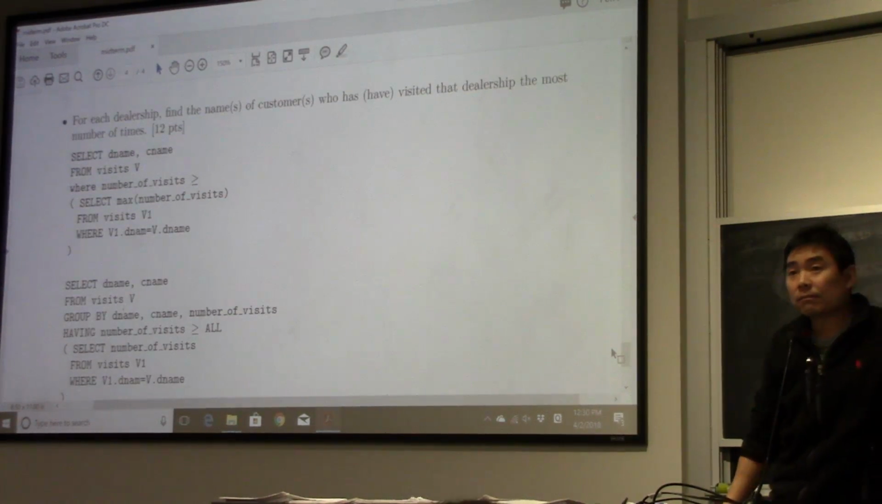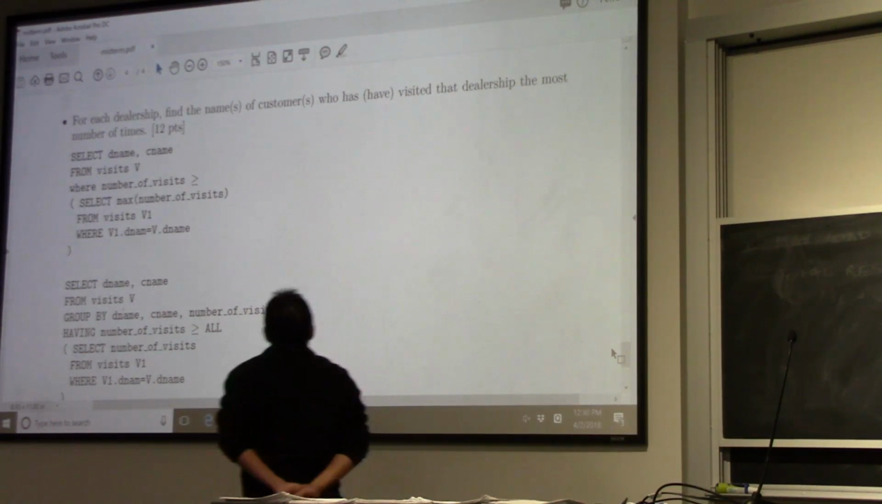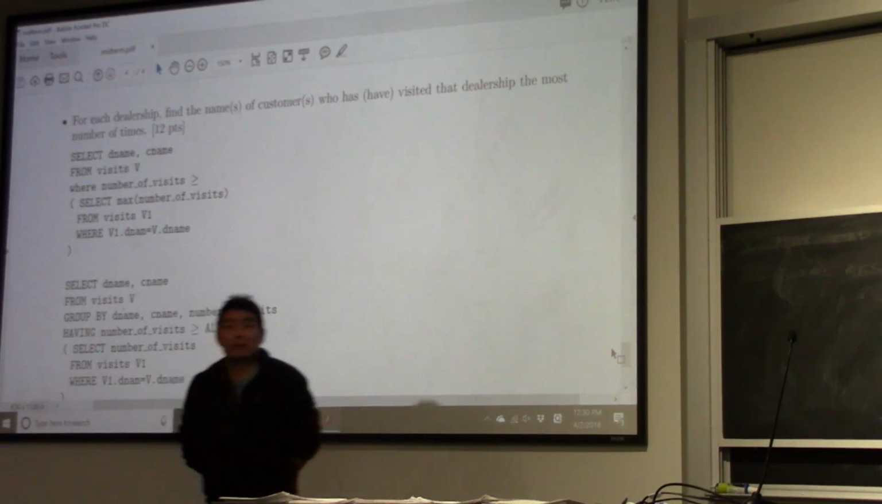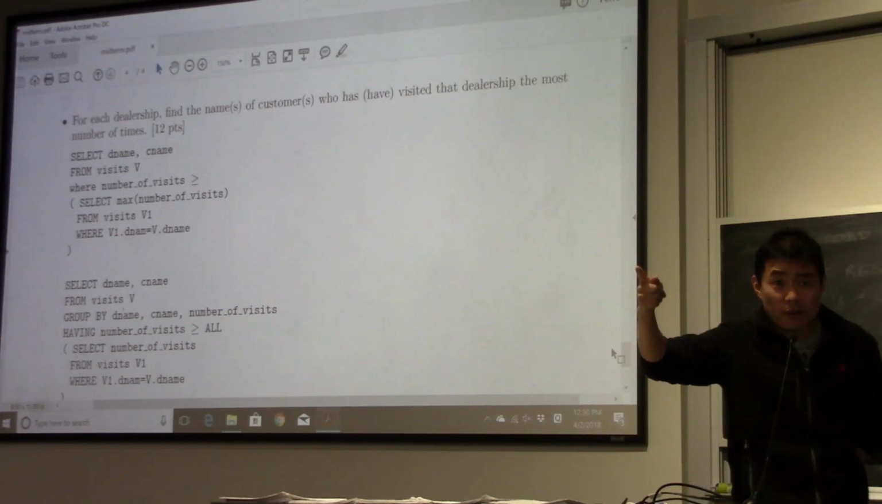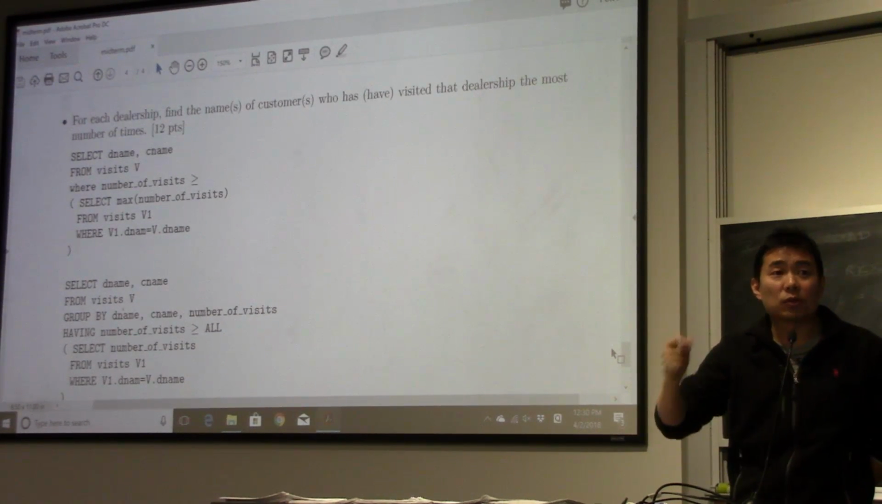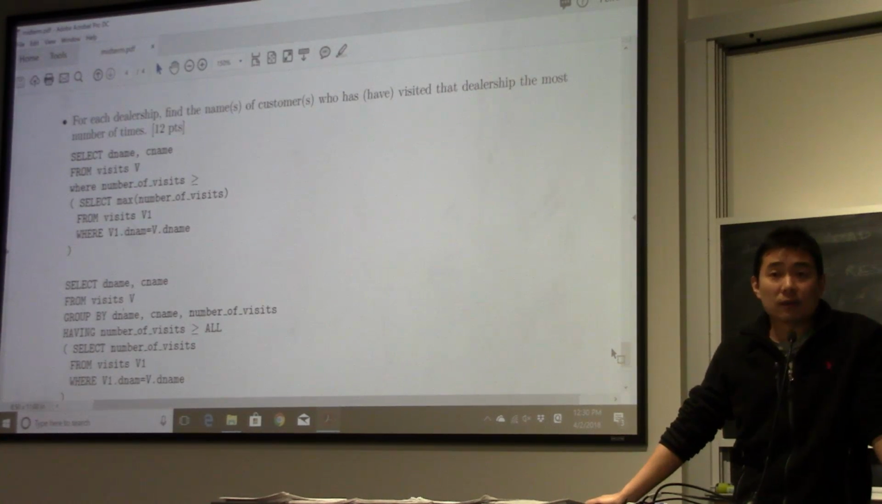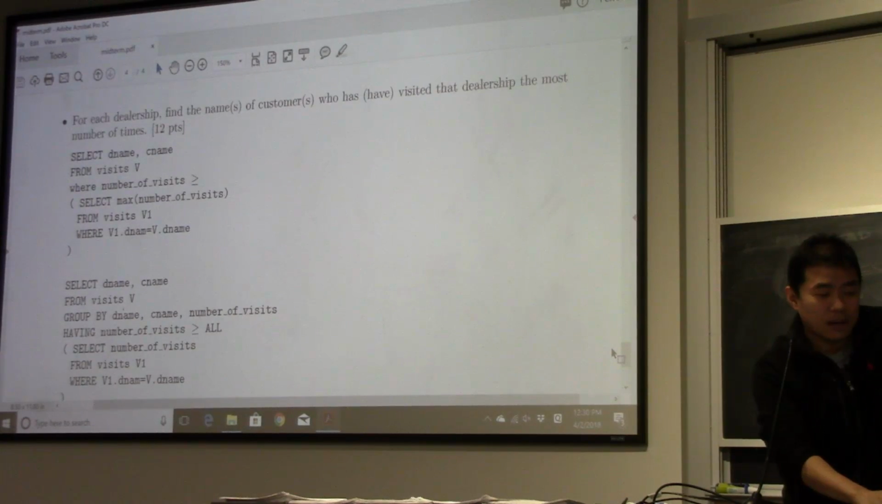Okay, the last one. Find the name of a customer who visited that dealer the most number of times. This is kind of like asking you to do that question from relational algebra using SQL. Same question, but do this using SQL. There are really two ways of doing this, and it is actually a fairly straightforward query to write. The first one says,